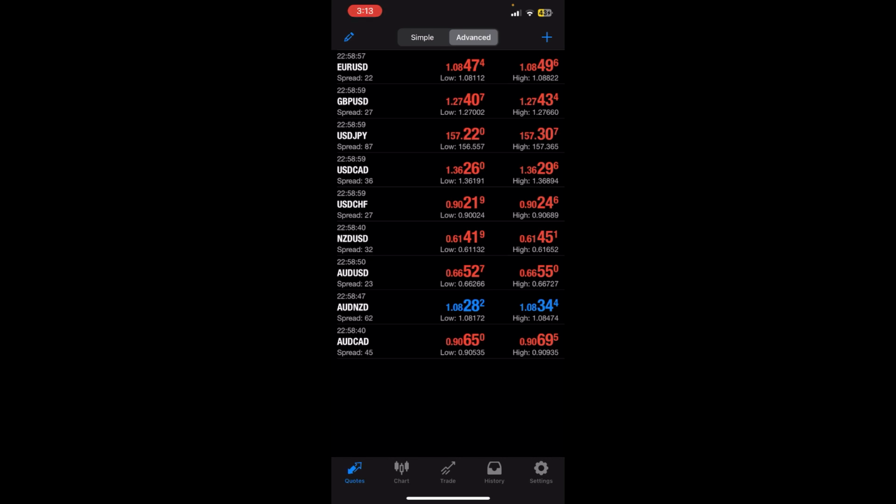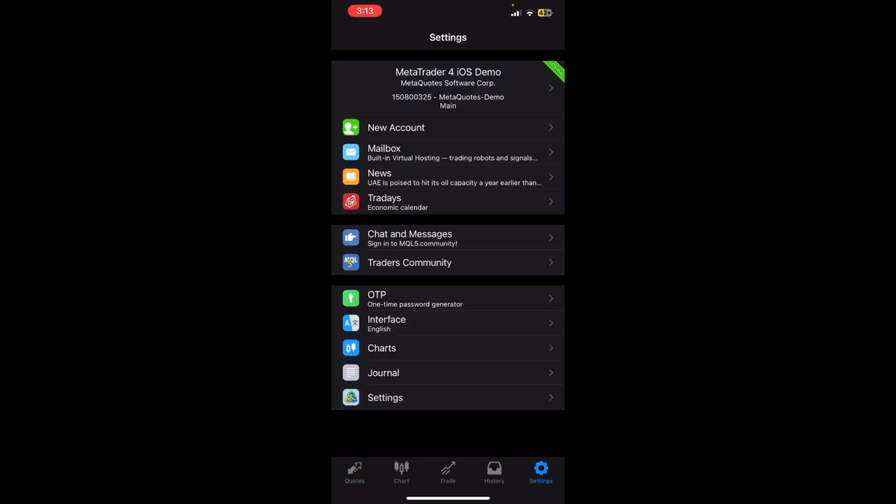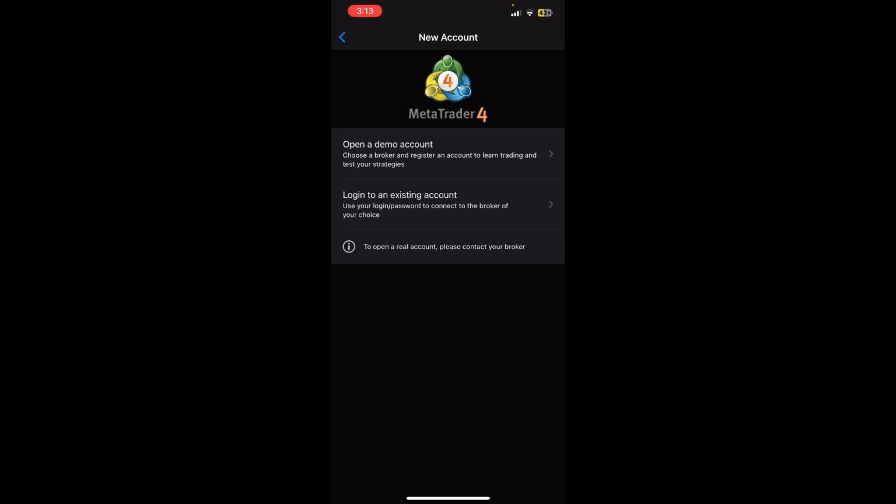First things first, I assume that you have already downloaded the Metatrader 4 app, and once you open it you'll be able to see the interface on the screen where you can see settings option at bottom right corner. Just tap over there and now you'll be redirected to the settings section where you can see new account option at top of the screen, where you need to click on it, and now you'll be able to see two